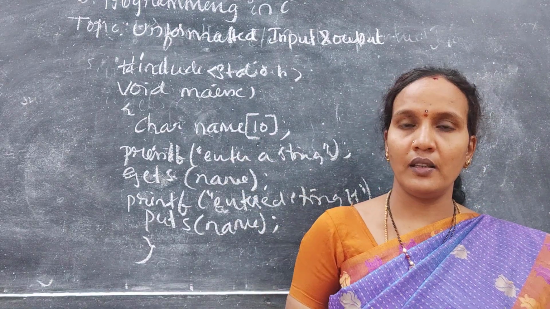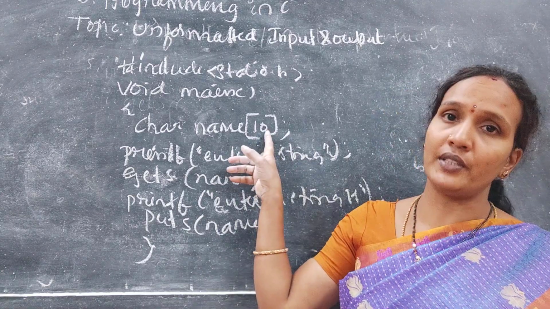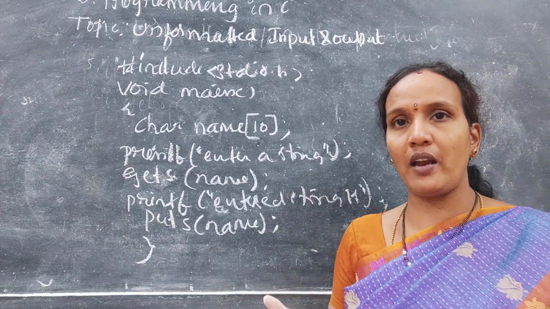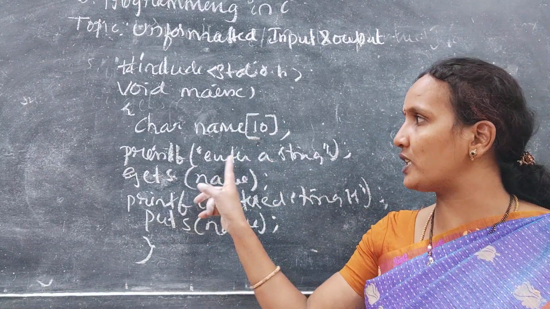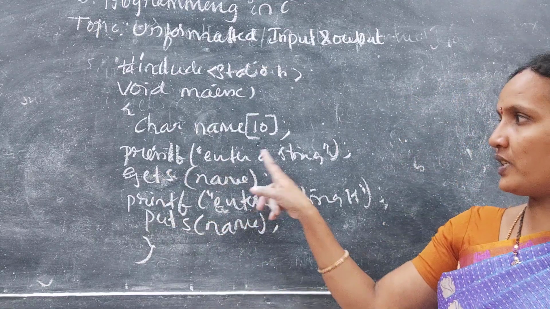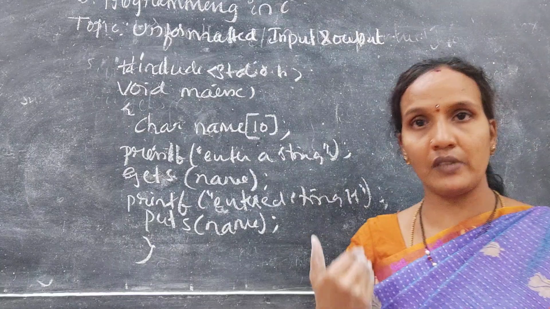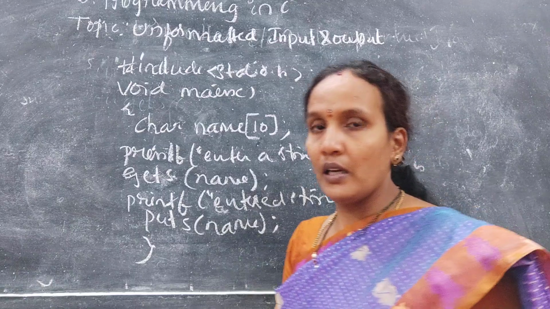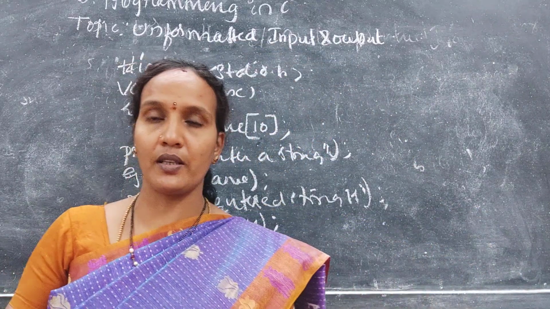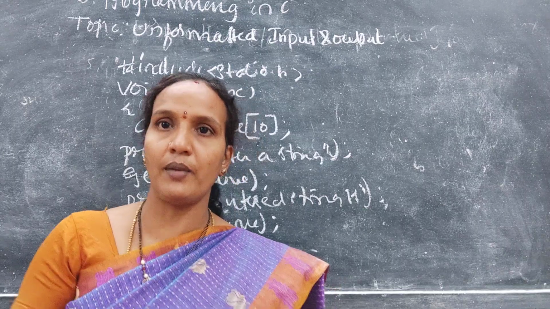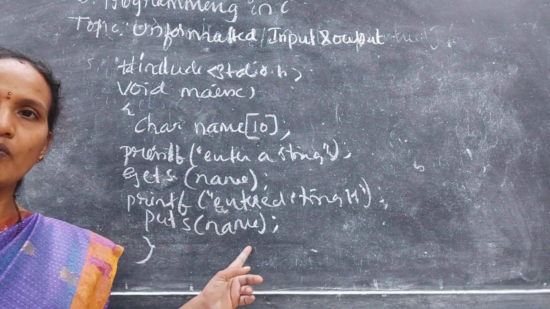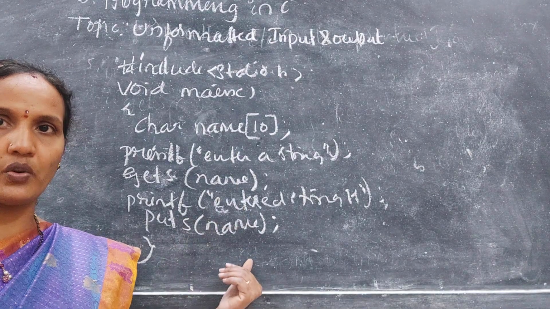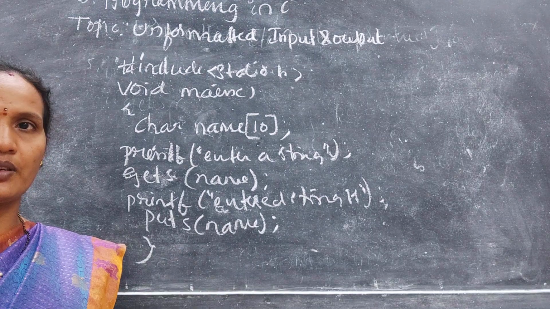If it is below 10, it won't give any error. But if we are taking above 10, it will give an error. Okay. So with the gets function, first this line will be executed, "Enter a string". After that the user will give the string. That string is stored in name using the gets function. And whatever string you have given using gets, that same string is printed on the output screen by using puts(name). Okay. Using scanf also you can do this, but these are all unformatted. That is why I am explaining this. You take a screenshot of this.